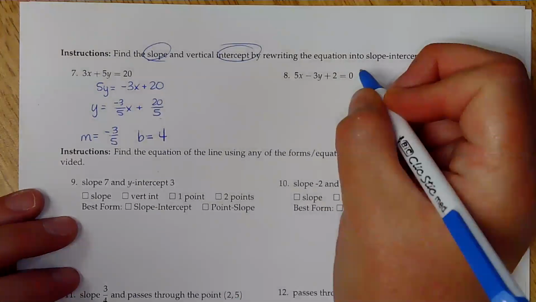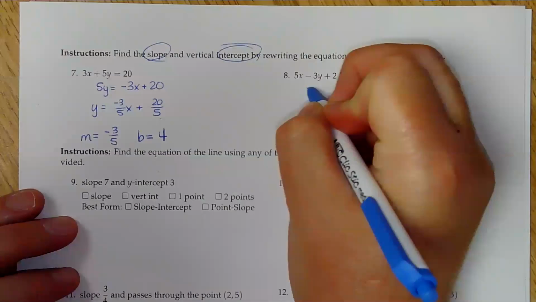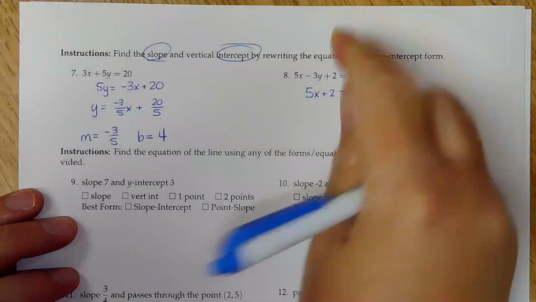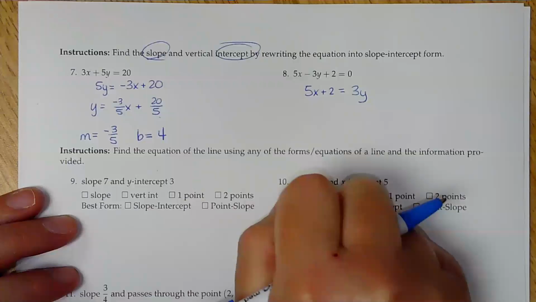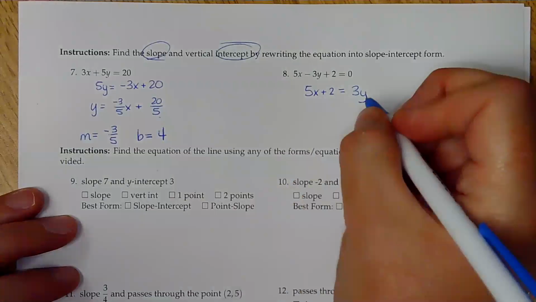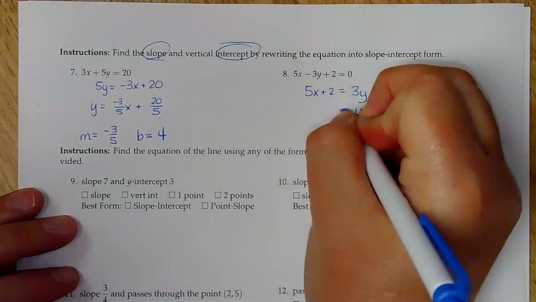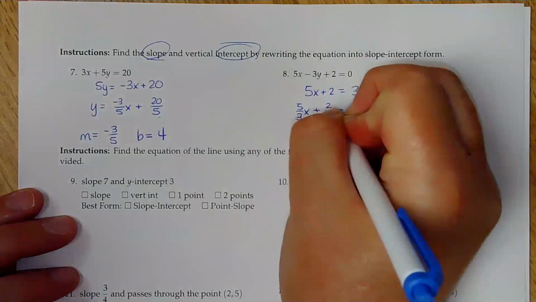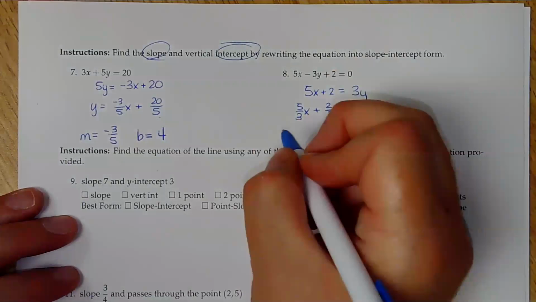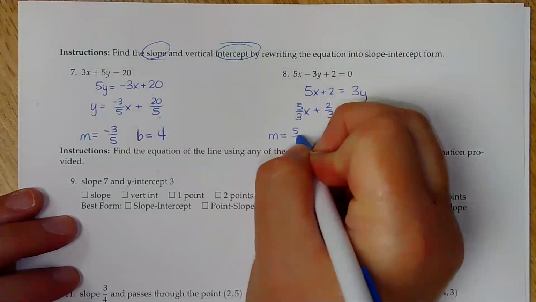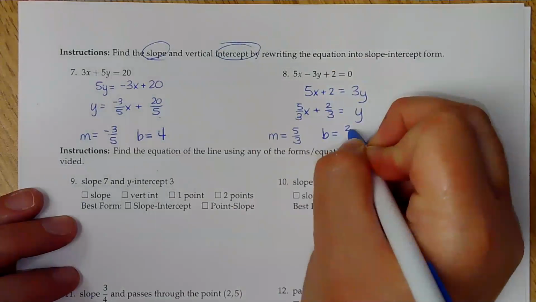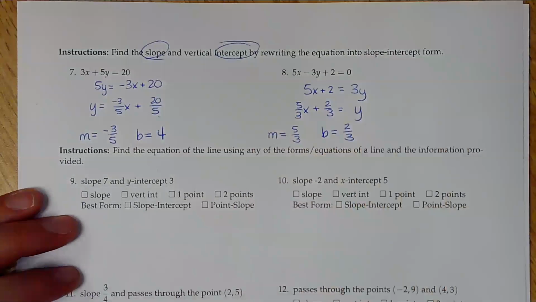Okay, so let's take a look at this. So I have 5x plus 2 is equal to 3y. So I added that 3y to the other side. And I'm going to divide everything by 3. So I get 5/3 x plus 2/3 is equal to y. So my slope, m, is 5/3, and my y-intercept b is 2/3. All right,